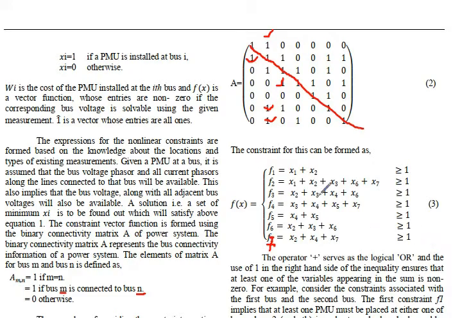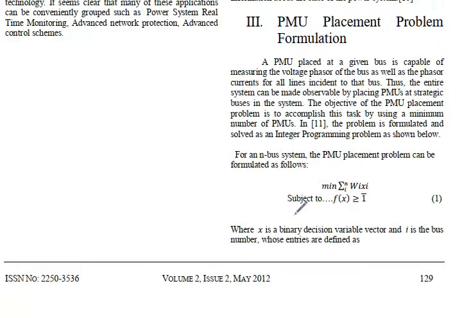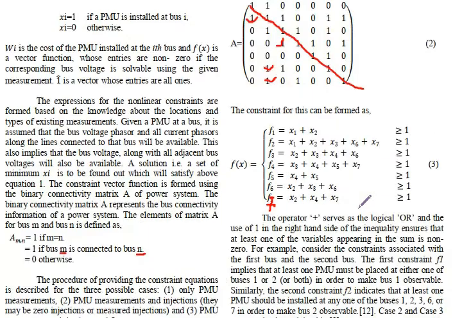So while seeing this, these are the constraints. The summation of Fx should be equal to or greater than 1. Here it's defining that constraint in detail. So Fx should be equal to or greater than 1.